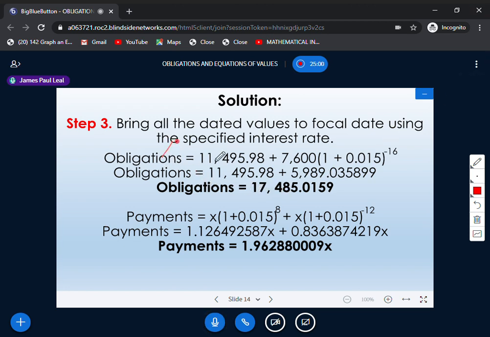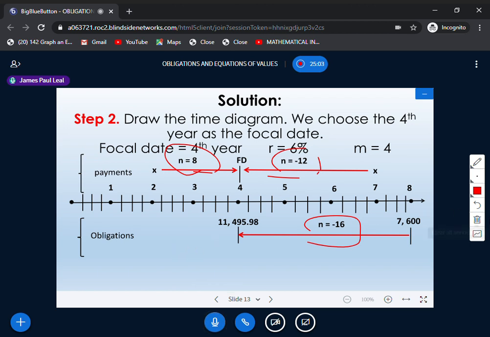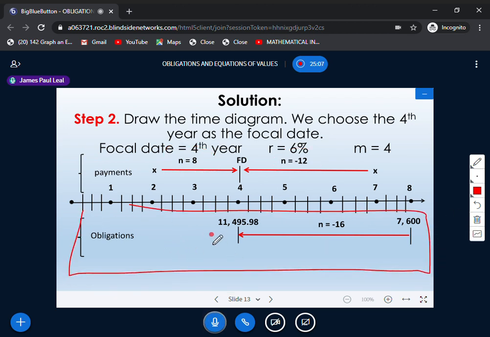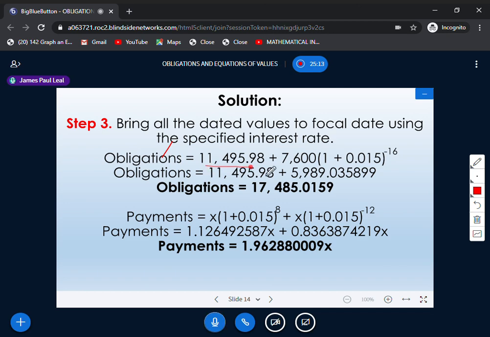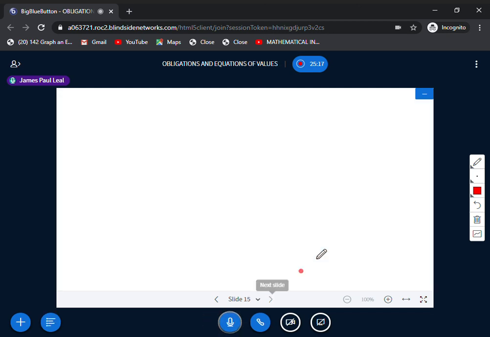Okay, using the obligations. As you can see here, dito po muna tayo mag-focus sa obligation. Let's find the obligations. Okay po. So meron tayo ditong first amount. You just need to add only the amount. So we have your 11,495.98 at i-add po natin siya dito sa